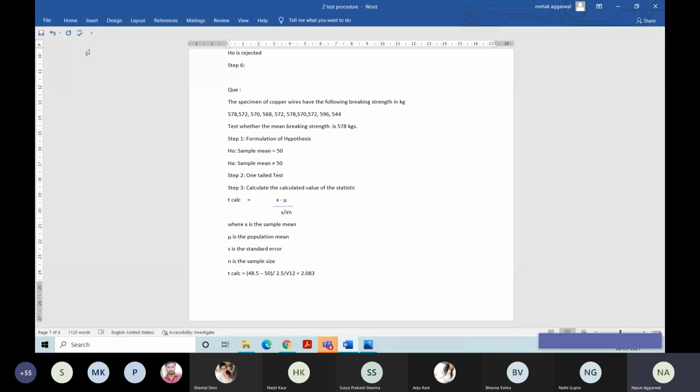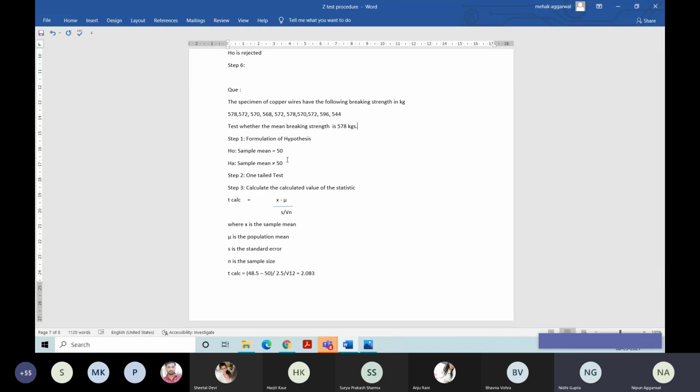Now look, this data case is possible in case of t-test because it is not possible to give the data for maybe 100 elements or 200 elements as in the case of Z. But in T, the maximum values are 30, so I can give the data values for the 30. So that is the case in the T test. So we are not provided with the calculations of mean and SD. We are provided with the data itself. Now from the data itself we have to calculate the results, that whether the mean breaking strength is 578 kgs.